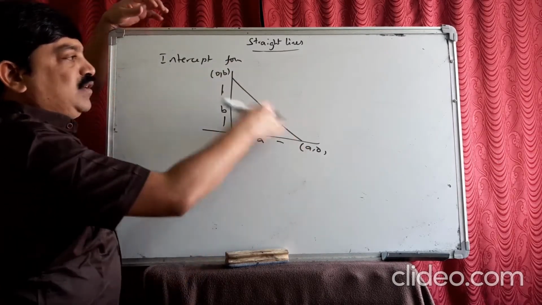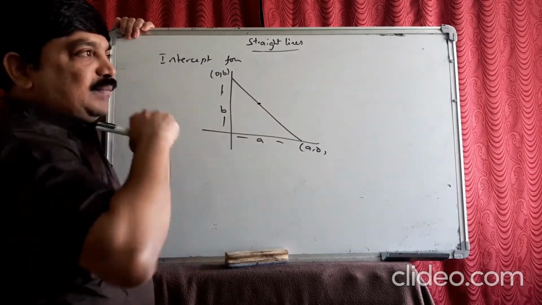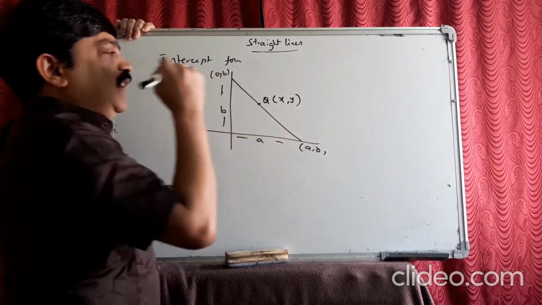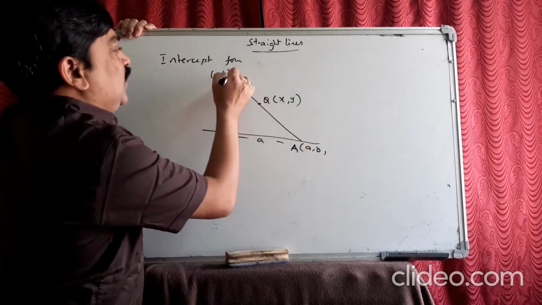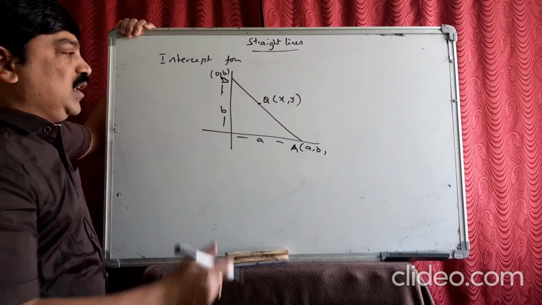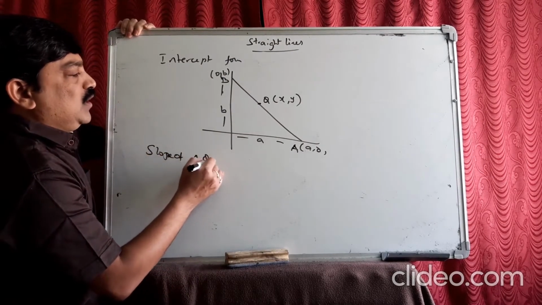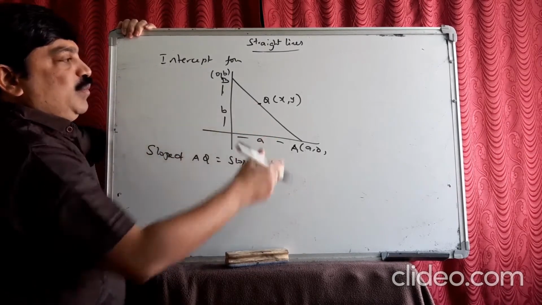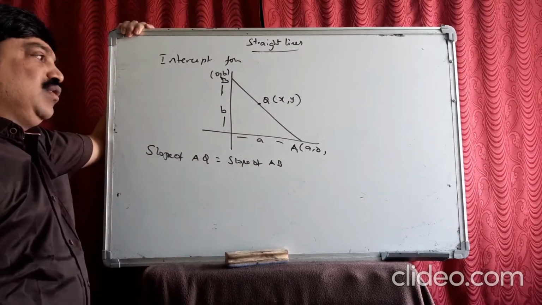You have to find out the equation of this line. How? Very simple. This we did already in the first exercise, problem one. If I do this, you can understand this. How do we get this line? So here P, Q. So let us take A, B. A, Q, B are collinear here. So A, Q, B are collinear means slope of AQ is equal to slope of AB. Can I take AB? Slope of AQ, you can also take slope of BQ. Slope of AQ equal to slope of BQ or slope of AB.